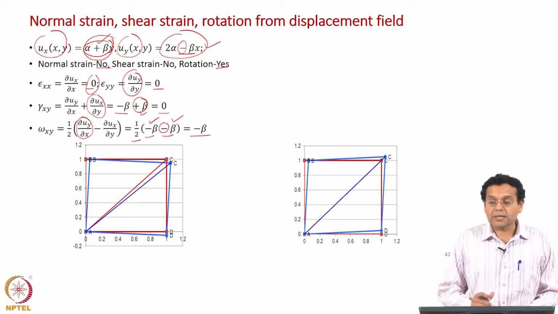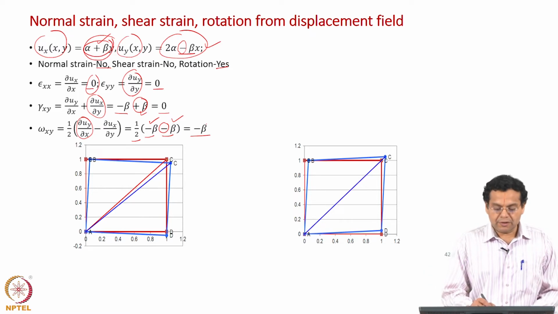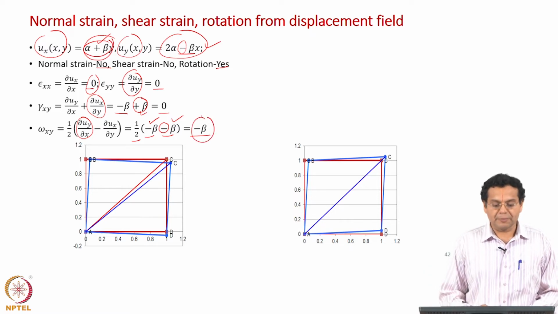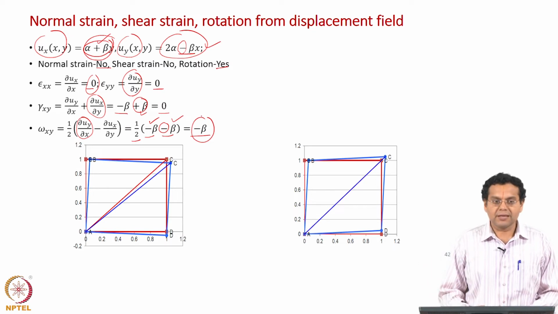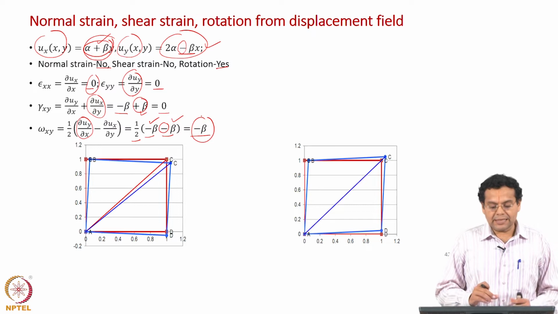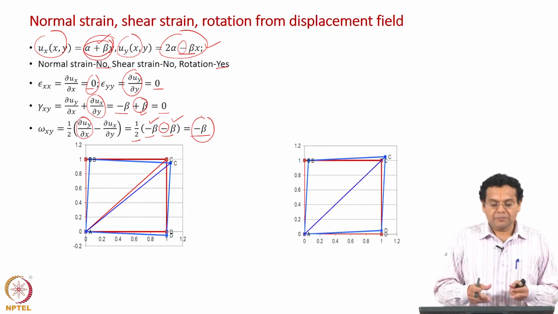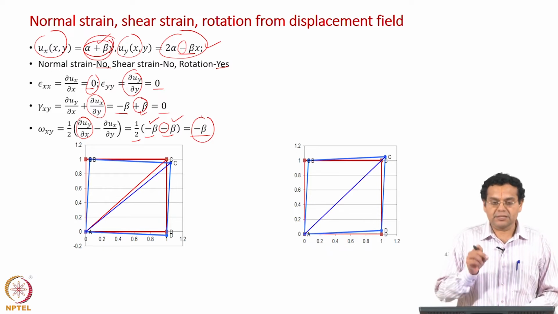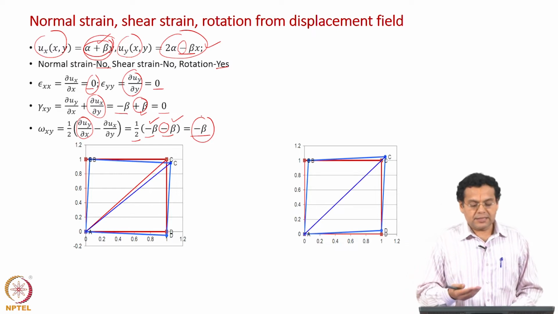Now, what else can we infer? We assigned a positive value for anticlockwise rotation, negative for clockwise rotation. Now we have got a negative value for rotation, which means that the element should have rotated clockwise, and that is what we see here. Qualitatively we could say that there is rotation and the element has rotated clockwise, but now we are quantitatively saying it is minus beta. That is the difference from the earlier discussion.